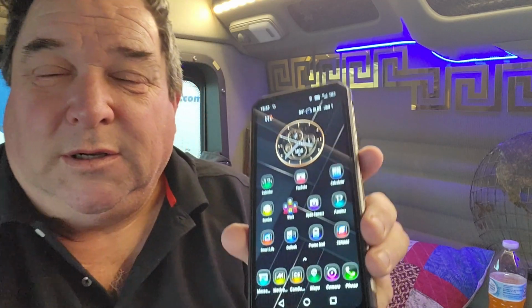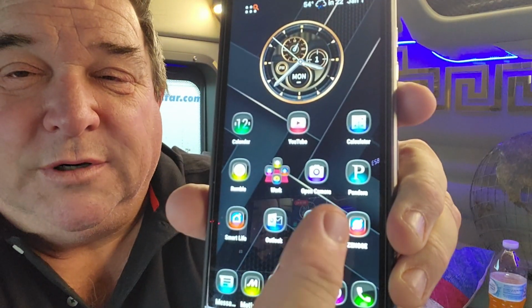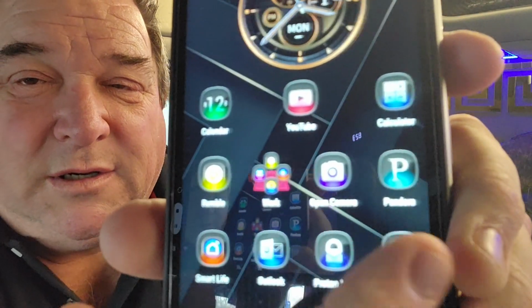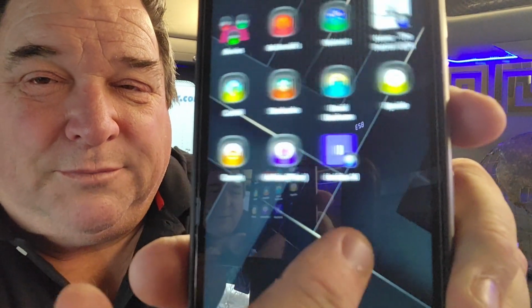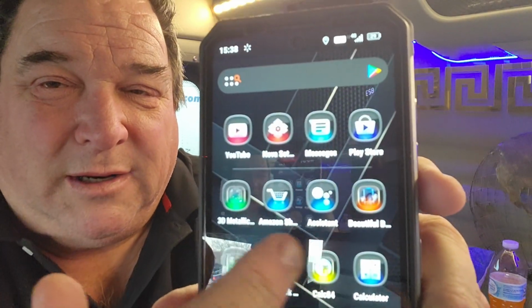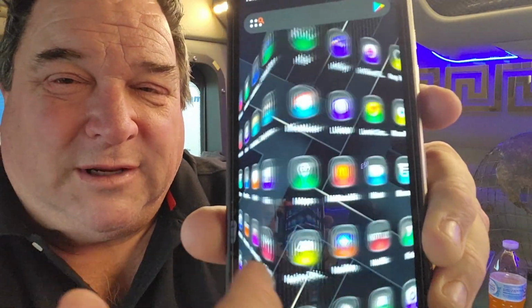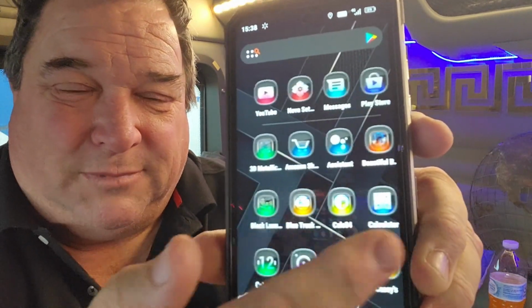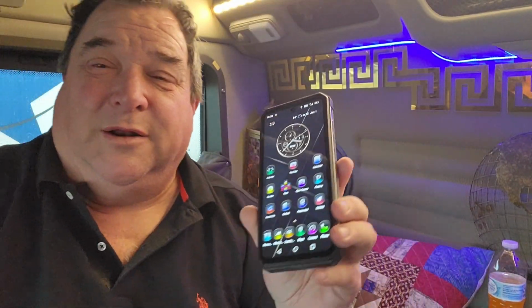But overall, like I said, this is running the Nova launcher. I like the designs of the buttons. It's pretty cool with the way it kind of rotates the box. I like that. But yeah, it's got everything that you need. And for $400, I couldn't see spending $370 just to get the screen replaced for a phone that costs $1,200